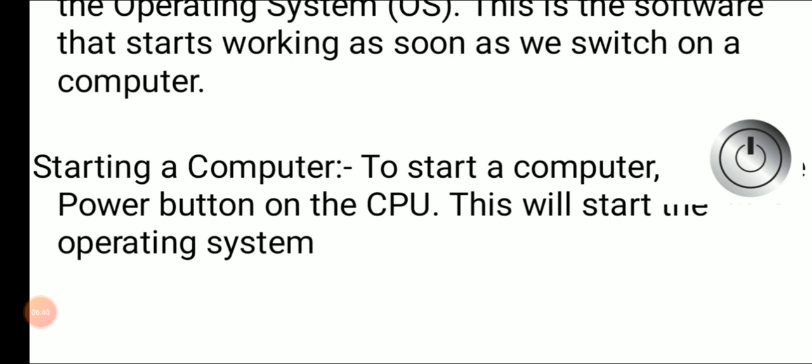And when everything is perfect, then your operating system is loaded. And after loading, sometimes you have seen on your screen, in the right corner notification bar, messages like "USB device is not recognized" or "Windows requires update." These messages are generated by your operating system.